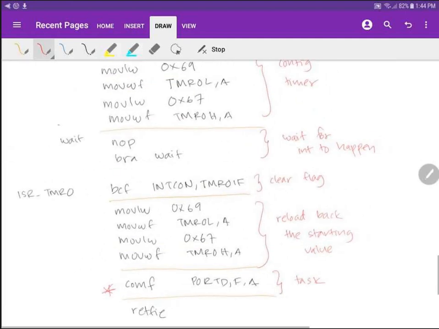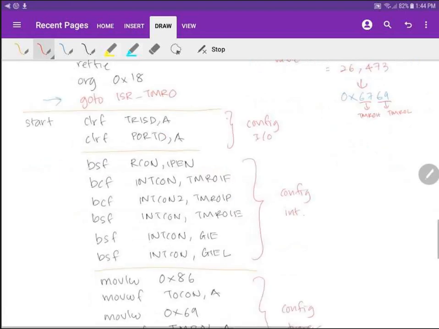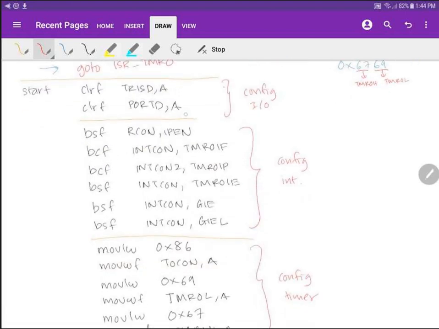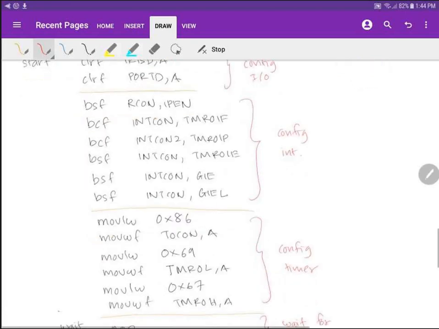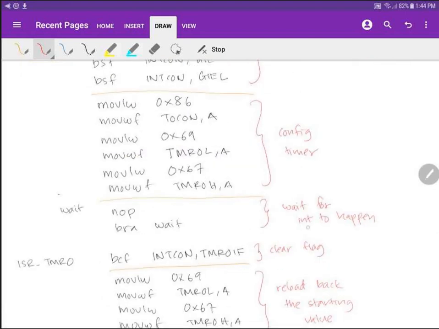So let's see the entire flow. So you configure the ports, then you configure the timer, and then you configure the interrupt for the timer, and then you wait for the interrupt to happen. Because this particular example is the easy one. Maybe later on I can give you a more difficult task for you to think and do. But because the main program has nothing to do, and no other task, so you just wait for the interrupt to happen. So when the timer finishes off and the flag becomes 1 and resets, that will cause the PC to go to